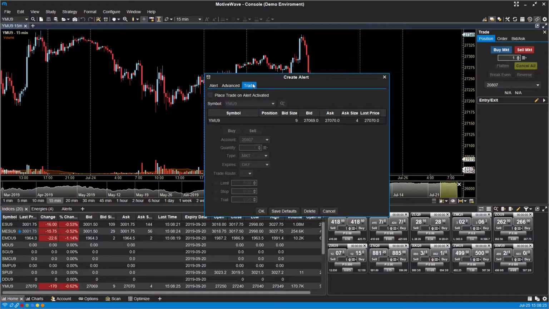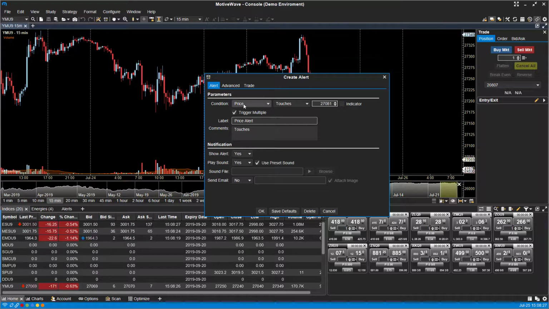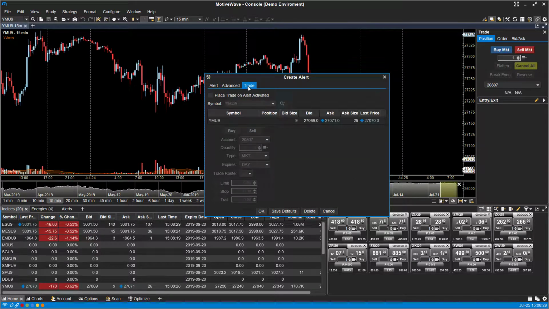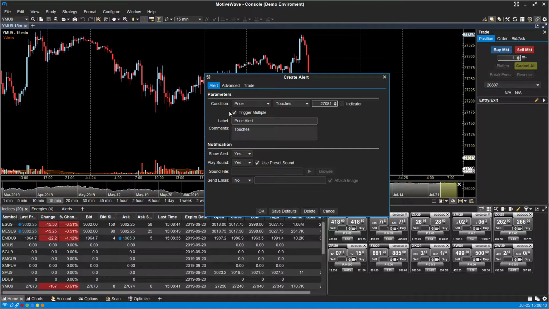So this should technically extend to all of our symbols currently. If we want, we can actually click on trade and adjust that here so we can place a trade on alert activated. So this is actually for those traders that want to place trades off of your alert, and we can do this based on a specific symbol. But as of right now, this alert is just going to be general, and it should be extended to all our different